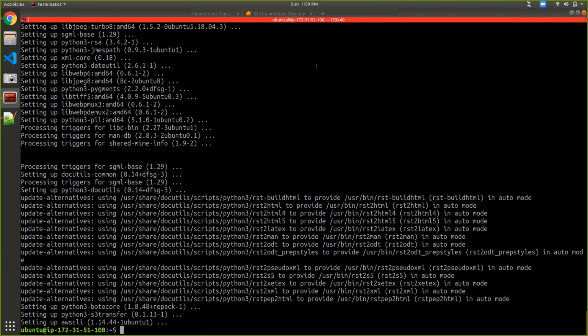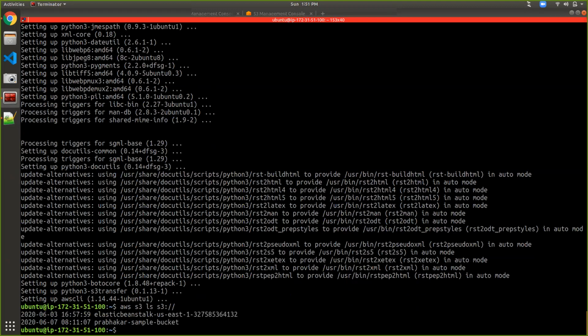So AWS CLI S3, and now AWS CLI is successfully installed. So I can go here and perform operations on S3. It is listing down all the operations. So this is the small change I have done. Similarly, you can install multiple tools on that, and you can configure your development environment.